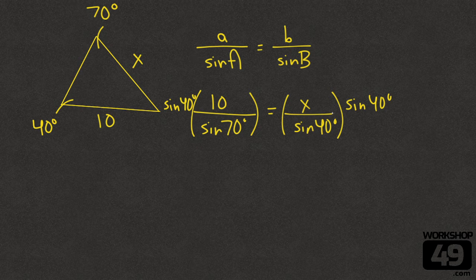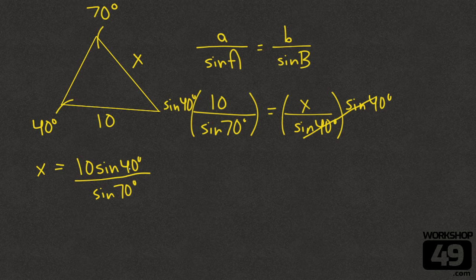Sine of 40 degrees. On this side, they're going to cancel. They divide out to become 1. It leaves us with x equals 10 sine 40 degrees all over sine 70 degrees. You can plug this into your calculator. Make sure you're in degree mode. It's going to leave you with x equals